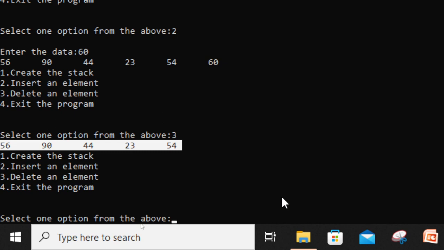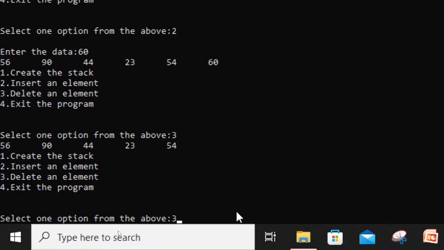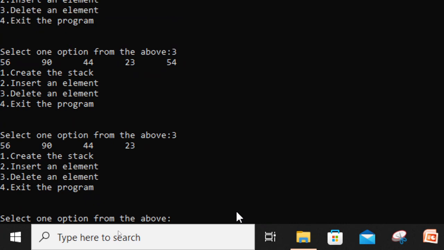And a user must check all the options. And here I again take the same option 3. Okay, and I am pressing the key enter, and here you see that one more element has been deleted. Here you see 54, but that 54 is not here. You see the top elements are being deleted, and if I take option number 3 once more, then this 23